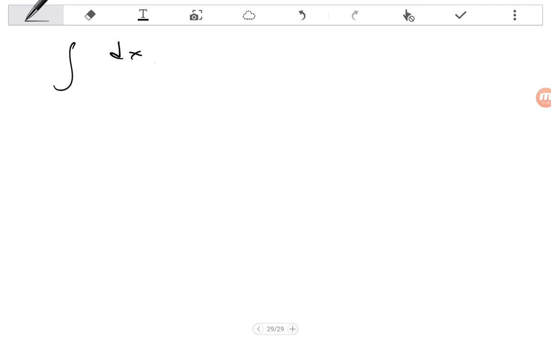So what if I had dx over 9 minus x squared? Or let's check before, let's check this one: root 5 minus x squared. This one reminds us of